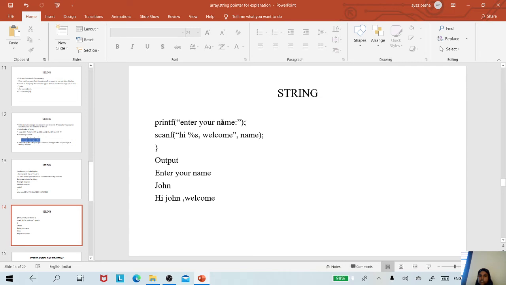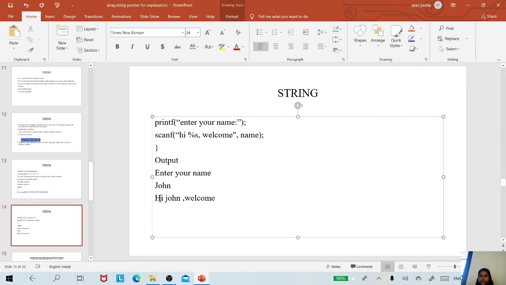This statement is printed on the output screen as it is with the help of printf, which is an output function. Now you enter your name as John with the help of scanf, which is an input function taken from the keyboard. In the scanf, the first word I have used is hi, with a small h only. Hi, %s. %s is the format specifier used to accept the string characters, which refers to name.